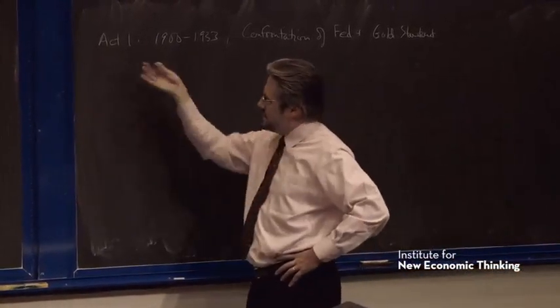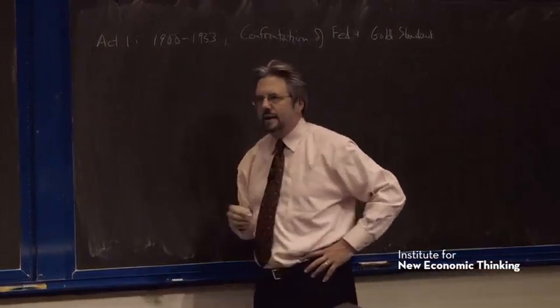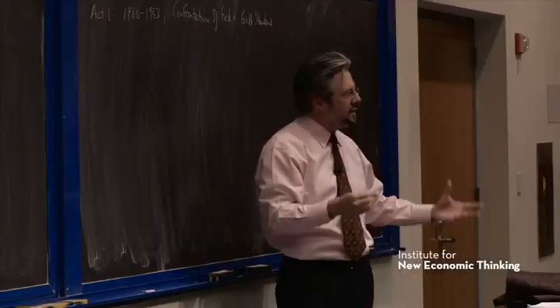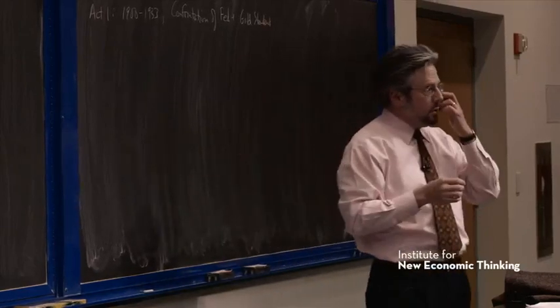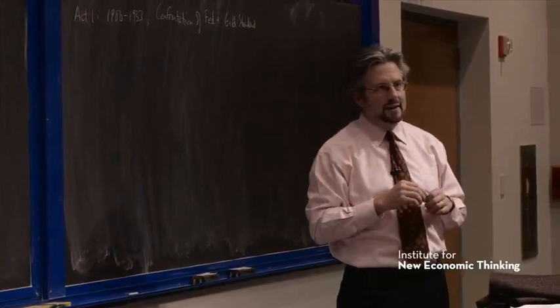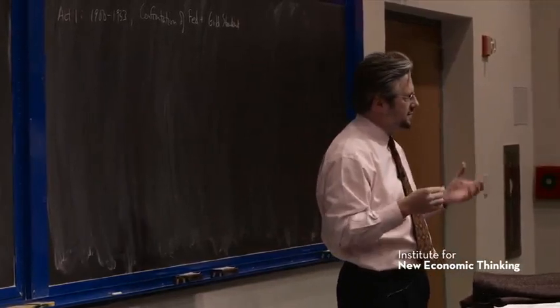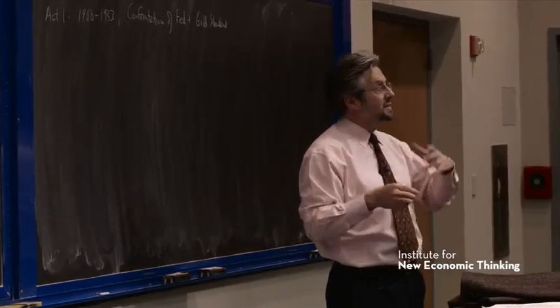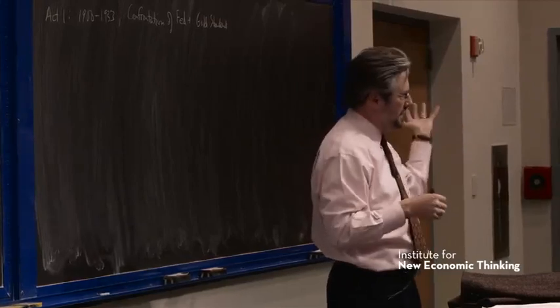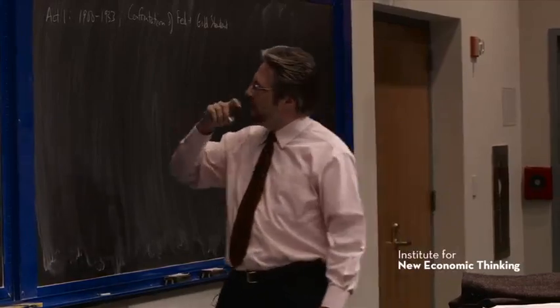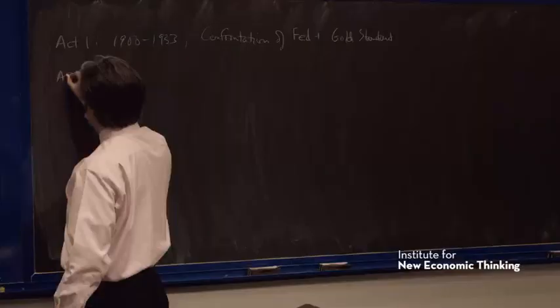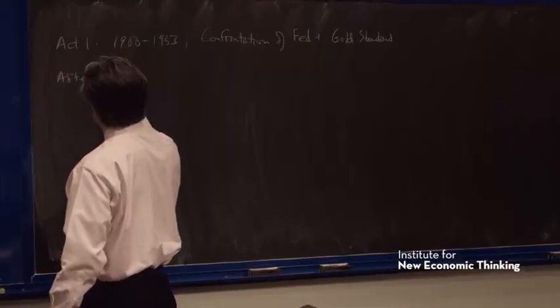There is this gold standard that exists before there. The Fed is created in 1913, but almost immediately there's a world war. And during the World War, all countries go off gold except the U.S. And it's no great feat for the U.S. to stay on gold because all the gold was flowing to the U.S. to pay for war material from Europe. So at the end of the war, the situation is this. So this is after World War I.